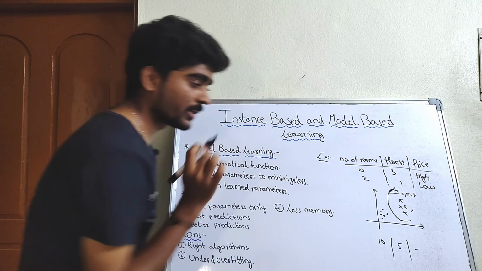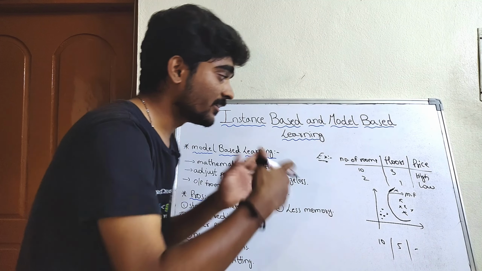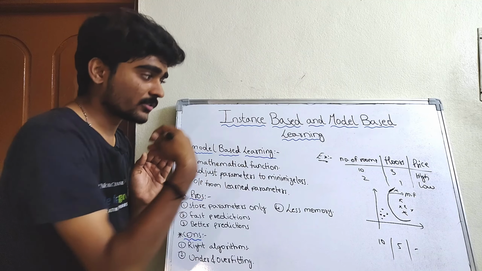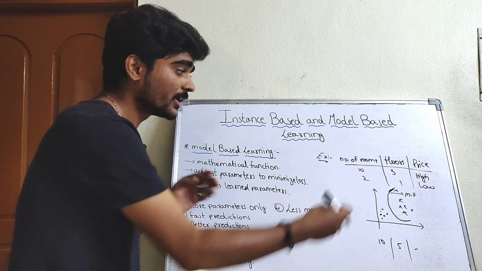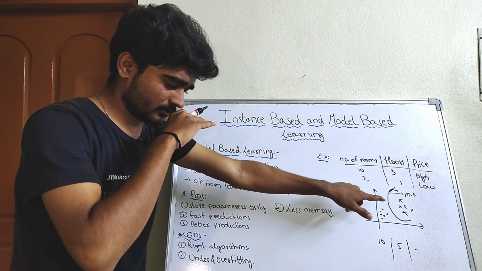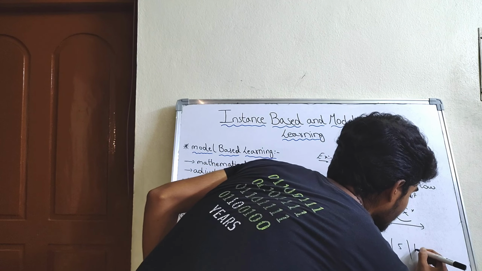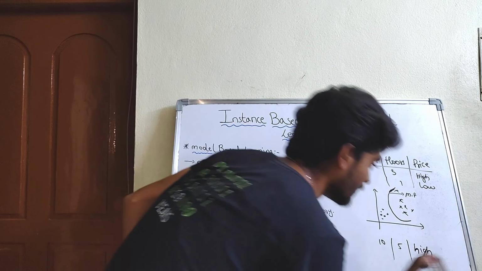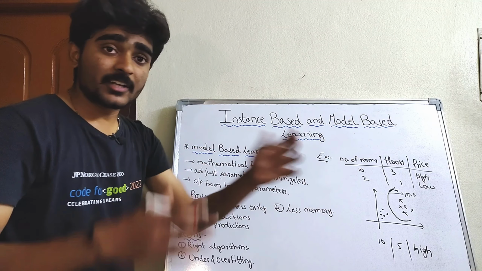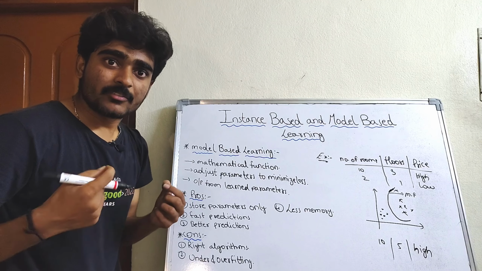Okay, we have a point over here. You see that it is on the right side of the decision boundary, so it is labeled as high. After some amount of training, we are predicting the